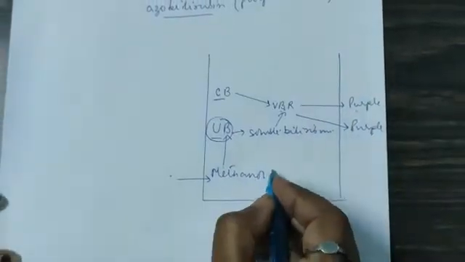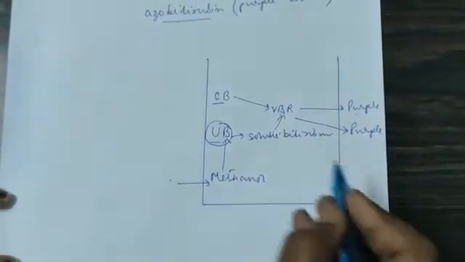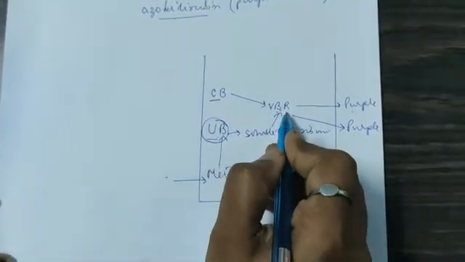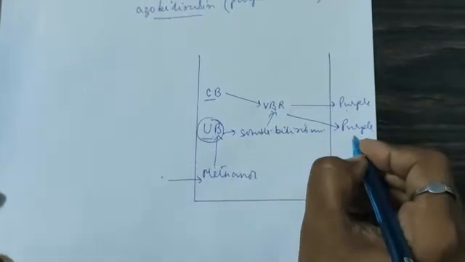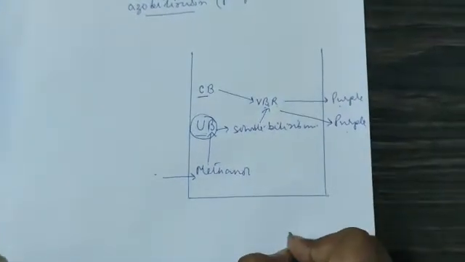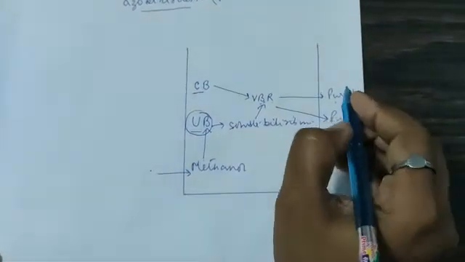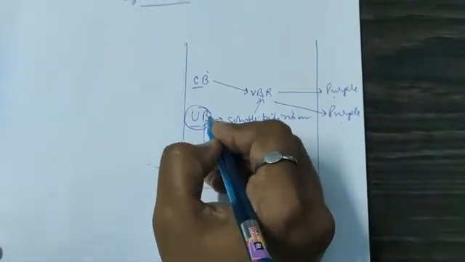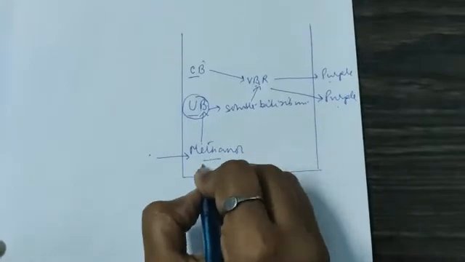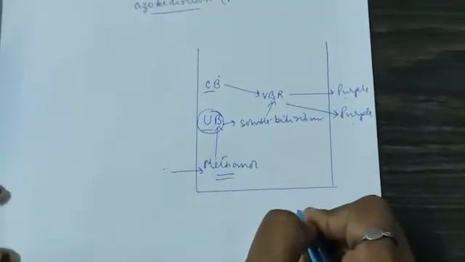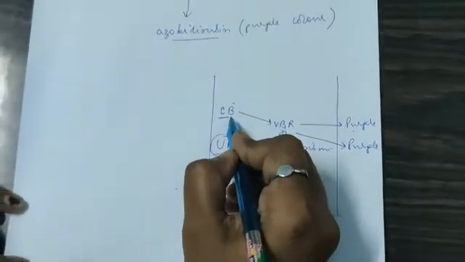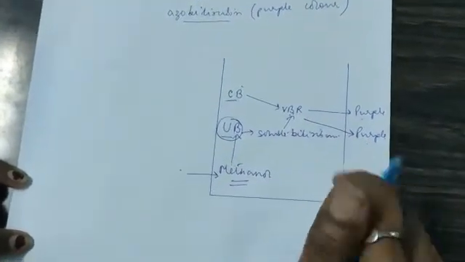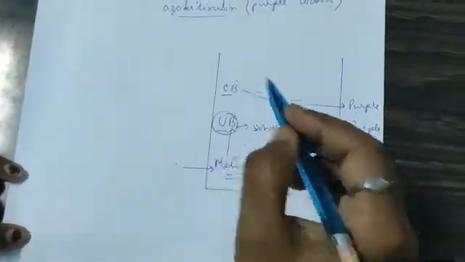So the purpose of adding methanol in the reaction is to solubilize the unconjugated bilirubin so that it can react with the Vandenberg's reagent, giving us the purple color. So at the end of the test, the value that we get is for the total bilirubin, that is both for conjugated and the unconjugated bilirubin. It is asked what is the purpose of methanol, and at the end of the test the value is for which? Is it for conjugated or unconjugated or for total? So at the end of the test it is for the total bilirubin that we are getting.